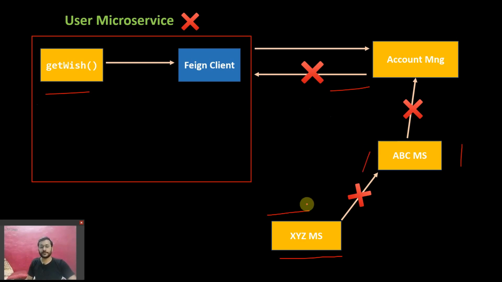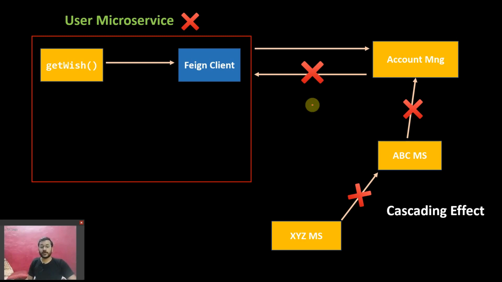Yeah, I think you are able to correlate, right, that is from the operating systems subject in second year. So this whole effect of waiting on one another, and that one waiting on another, and that one waiting on another, is actually called the cascading effect. And we want to prevent our system from this cascading effect.